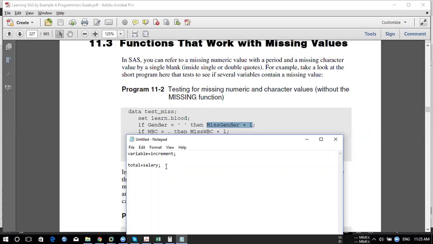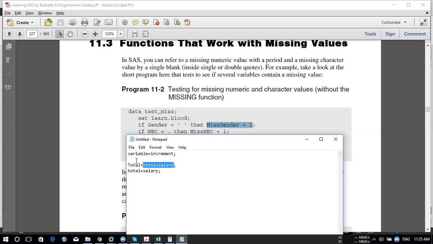So now we are using total plus salary, which is the concept applied over here. The variable being created is total, and the increment is the value to be added. There are two ways. You can write total equal to total plus salary. Here, if salary is missing, you'll end up with a missing value.